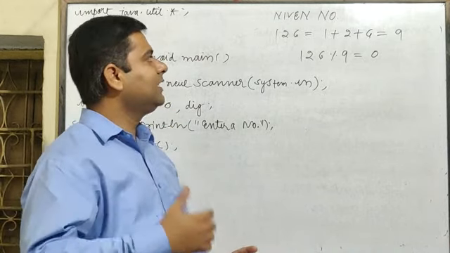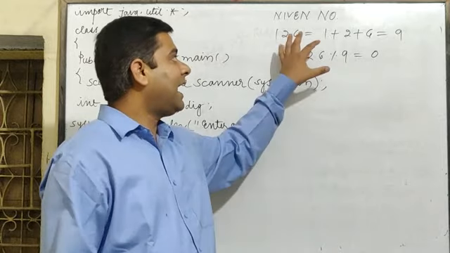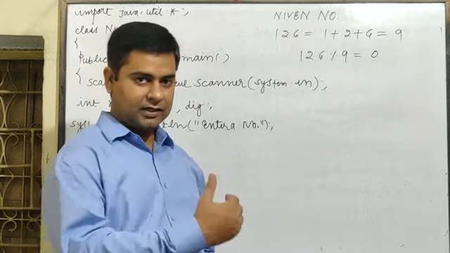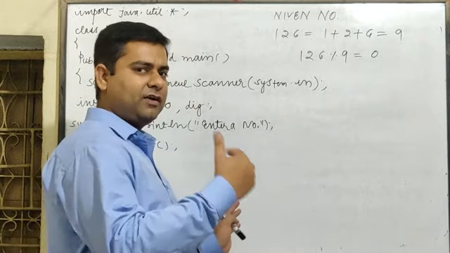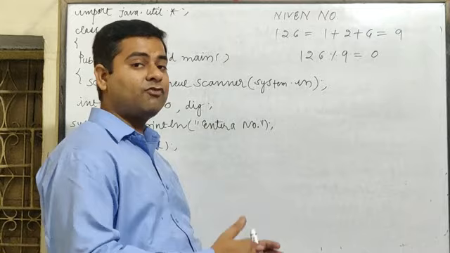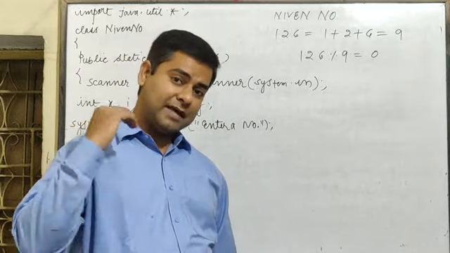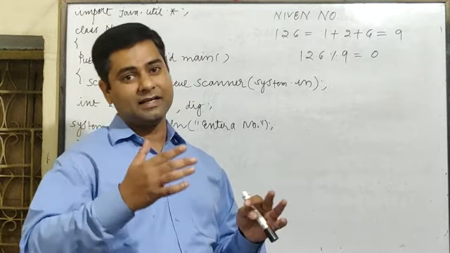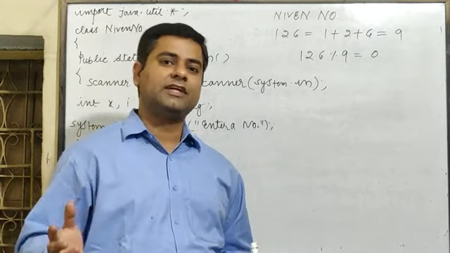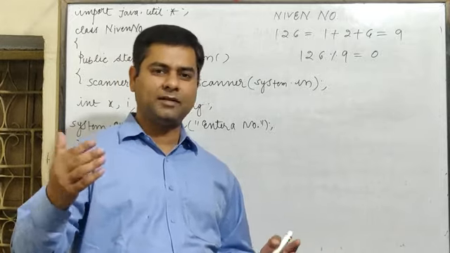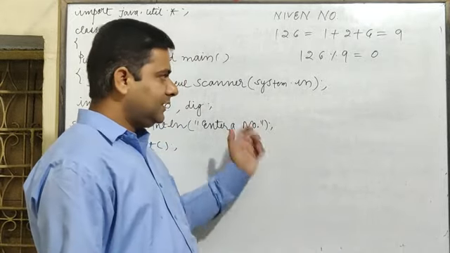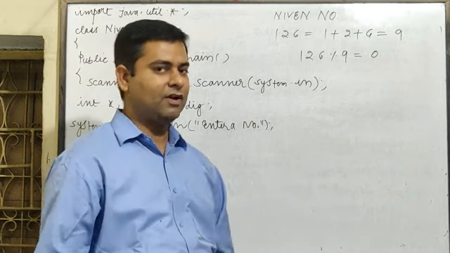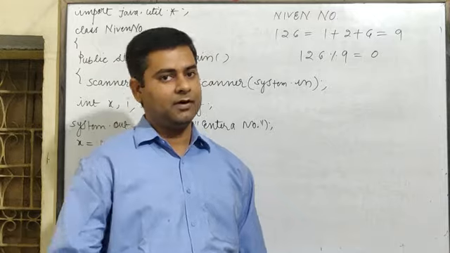To check a number to be a Nevin number or not, we will have to find the sum of digits of a number. So here the concept is changed. In previous programs we were finding the factors. Now here we have to find the sum of digits, because many numbers are based on finding the digits, their square, the product of digits, sum of digits, and many more. So in this program we are going to find the sum of digits of a number. Then we will check whether it is a Nevin number or not.